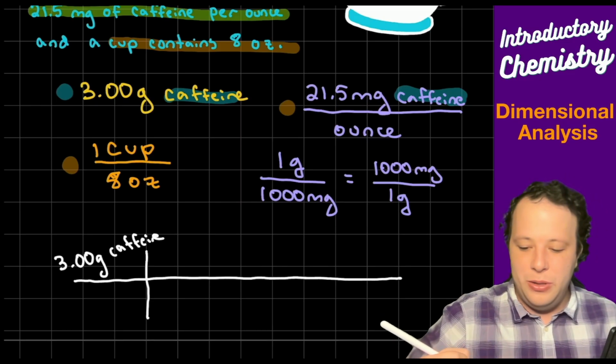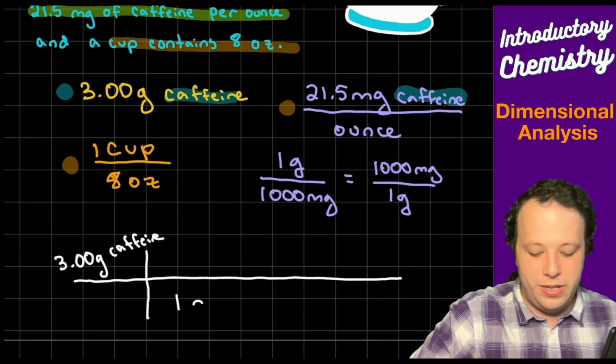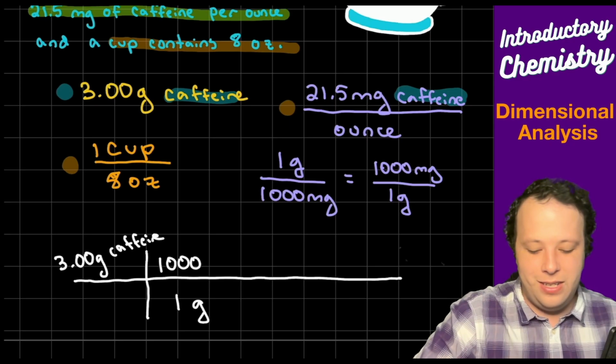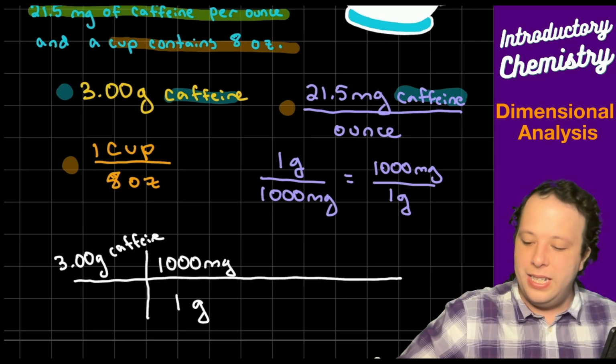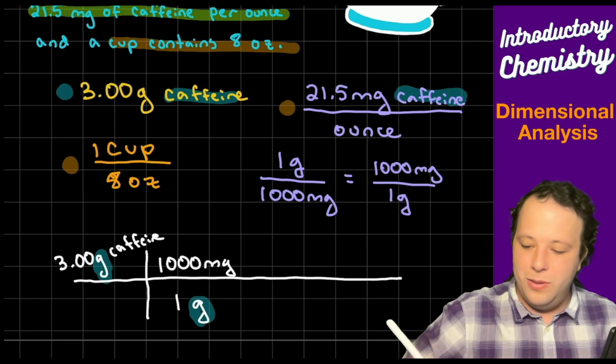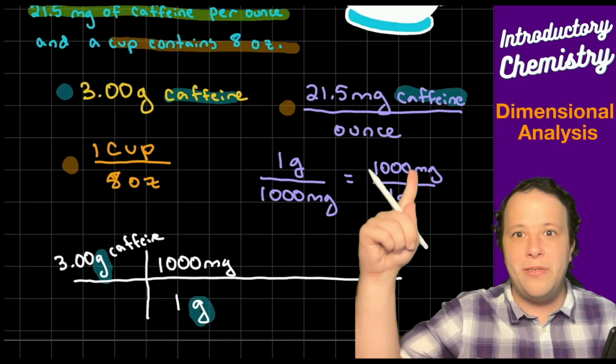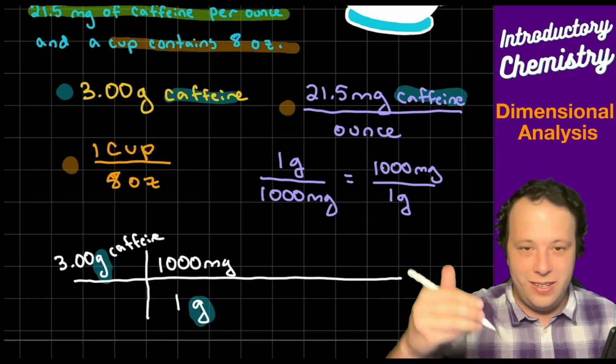Then we'll convert that to milligrams for ourselves. So what we said was 1 gram is 1,000 mg. And then we see, all right, that canceled out. Great. Now, what we will do is use that conversion term that was up top, right? So the 21.5 milligrams, we're going to use that one there.